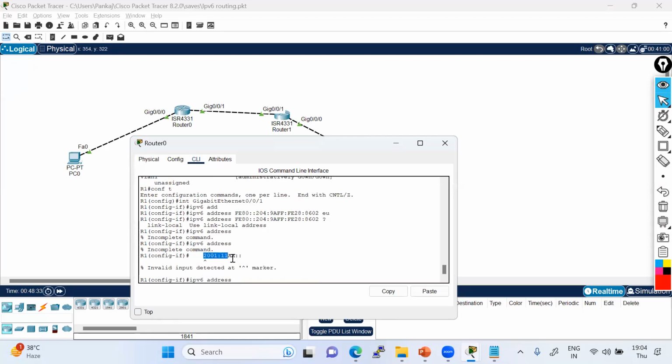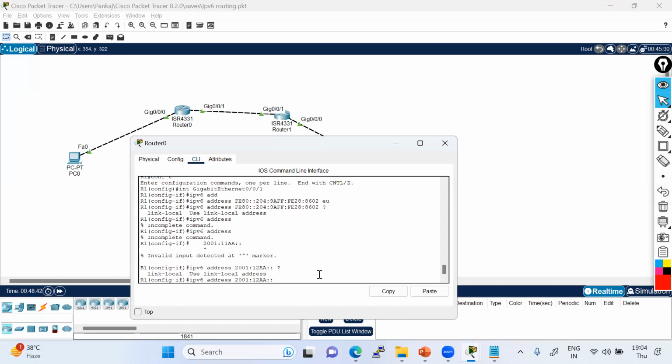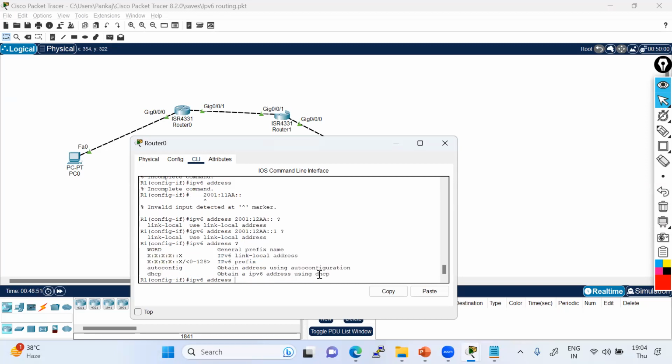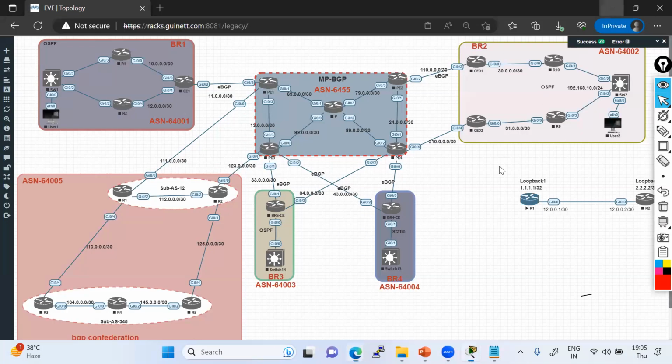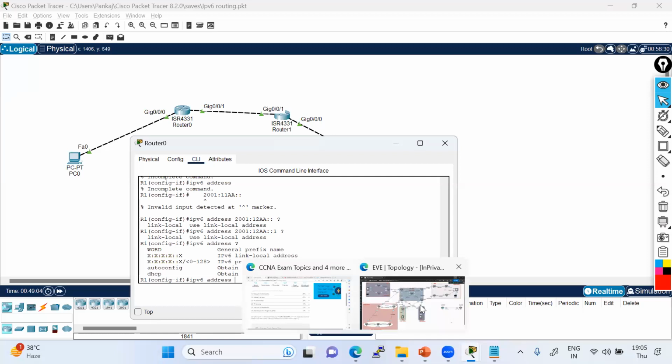12, right? And no option is coming. The EUI address is not supported there. Let me just see here again. Let me just use here. Check.